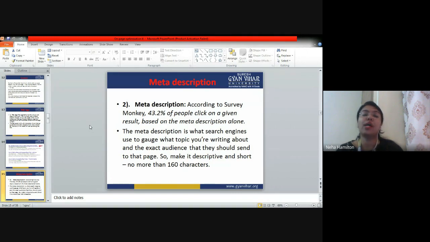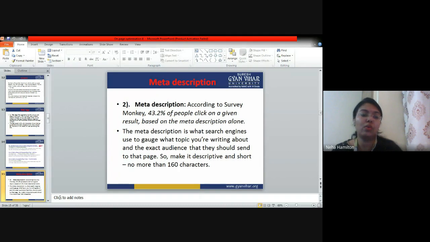You are somebody who has to guide them that these are the things they should keep in mind when you are going for search engine optimization. You have to guide the programmer that please add the plugin of meta description, please add the plugin of title tag, and keep the title tag keyword rich, keep the meta description keyword rich. What should be the maximum character length in meta description? It should be 160, not more than that and not very less than that. 150 to 160 is a good size of meta description that you should keep.